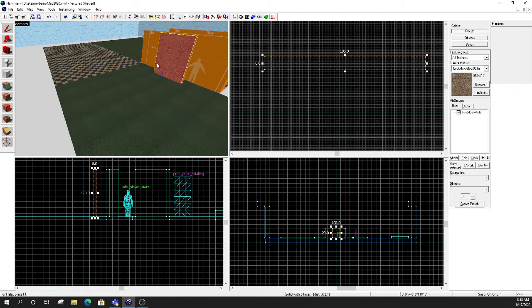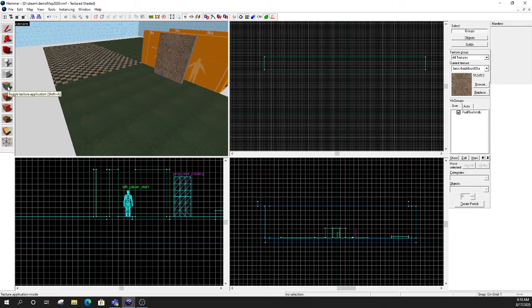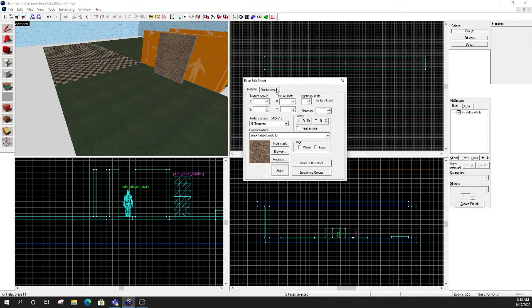So to change my material texture, I'm going to come over here to my texture tool. I'm going to click on it. I'm going to get my little face edit sheet. Okay, so texture tool, it's this green, blue, red block right here. I get my face edit. I'm going to browse,